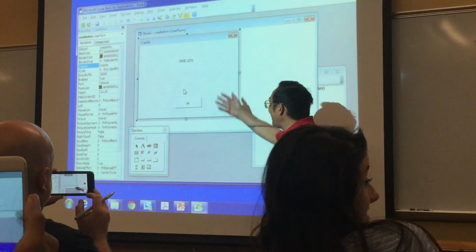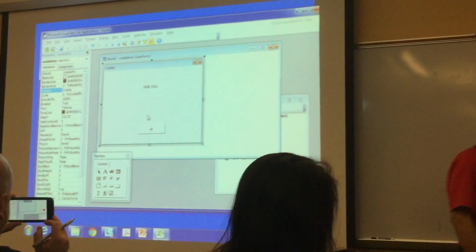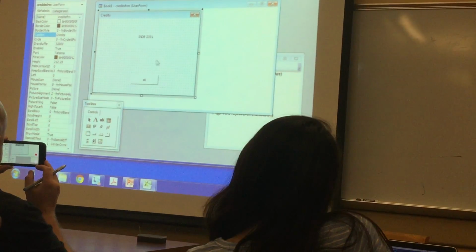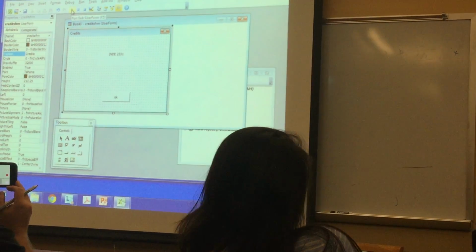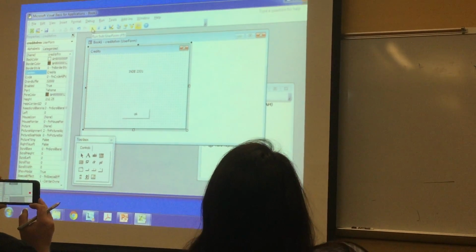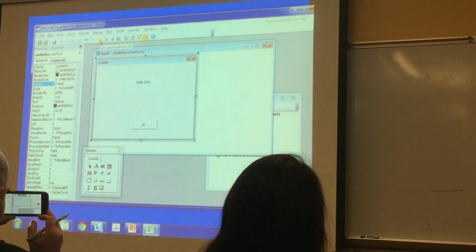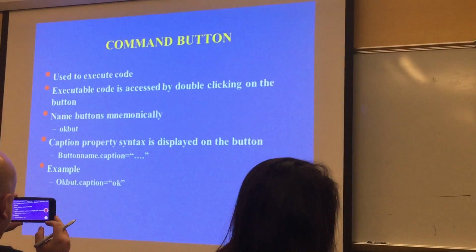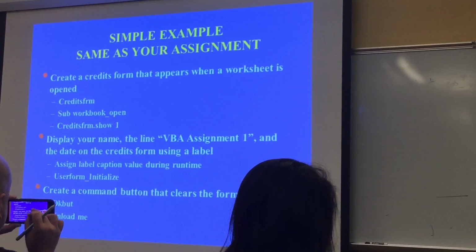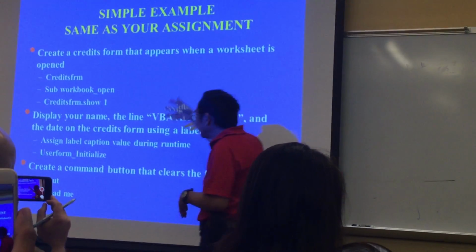Alright, so I now have a label, and I now have a button on there. Okay? So if I were to run this program by pressing this little thing here, what would happen is this screen would come up. Let's see what else we got here. All right. So I'm going to start doing this here in a minute. And this is basically what